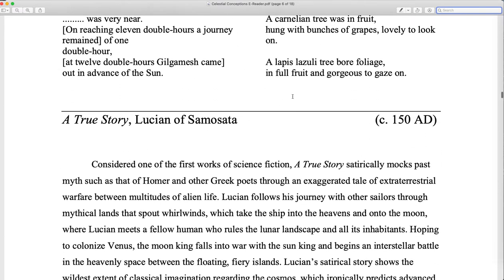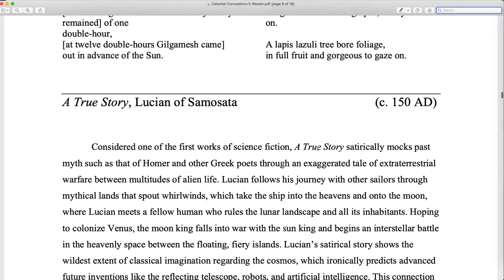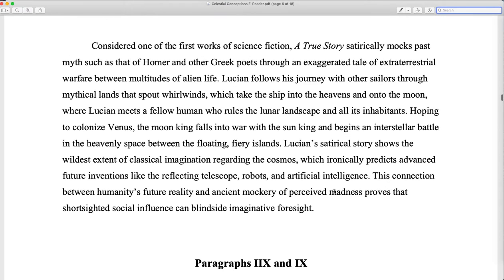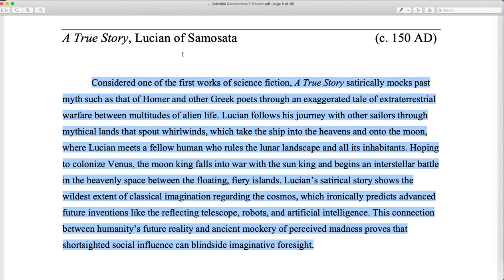Now again, that was not written by the student, right? This is all the stuff he selected. Now again, that horizontal line gets used as a nice way to indicate one part of the reader is over, we're moving on to the next. Now again, here is an introduction. This is written by the student, and it's telling us about the True Story written by the philosopher Lucian,